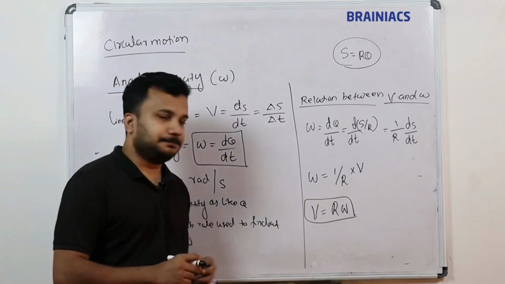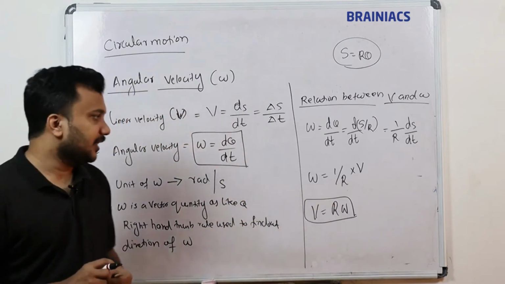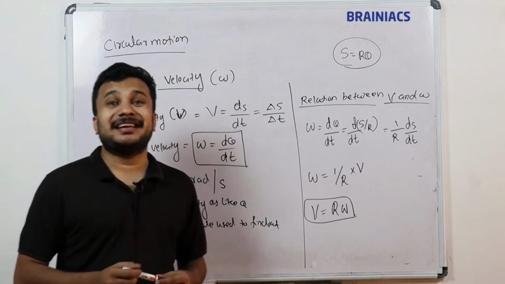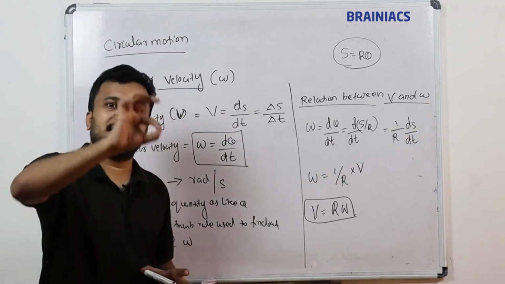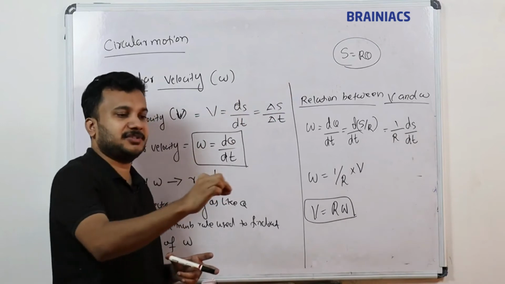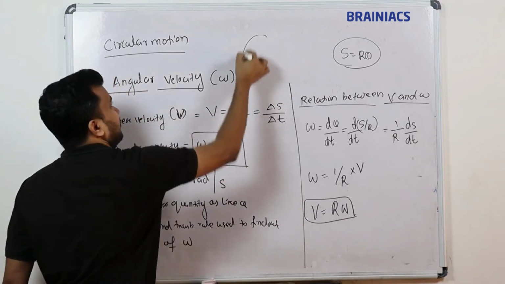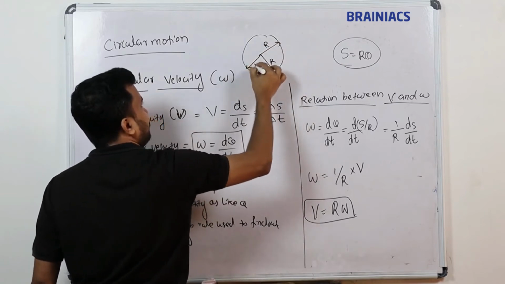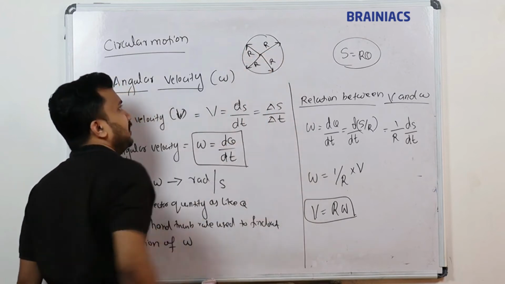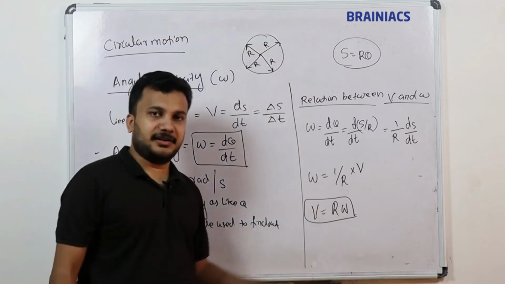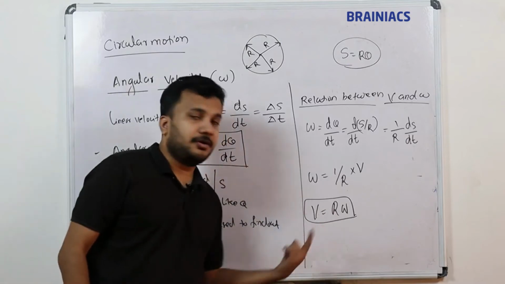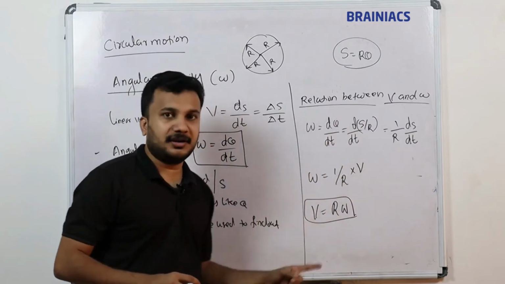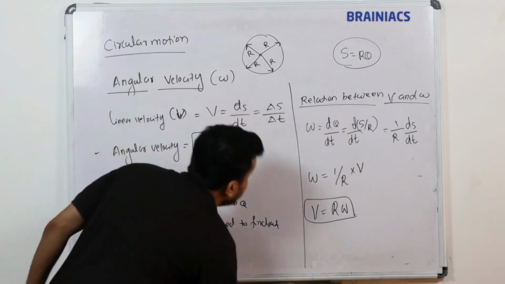We know omega is a vector quantity, r is a vector quantity, v is a vector quantity. R means a radial vector. Radial vector means the radius in the direction from the center to that point, right? So this is called an r vector, this is an r vector, this is an r vector. Every point in the direction of the radius is changing, so that is called a radial vector. All the quantities are vector quantities, so we have to represent the relation between v and omega in vector form. That is our next heading.